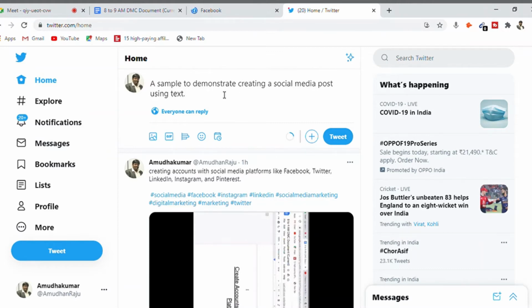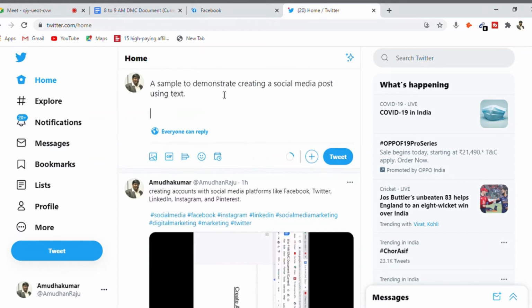Okay, now I can type this text, and along with this, I can end up placing a link. For example, https colon www dot my website, amudhakumar.com. So people can read the text and also click on the link, right? So we can add a text. You can add a hyperlink inside the social media post, and along with it, if you have an image or